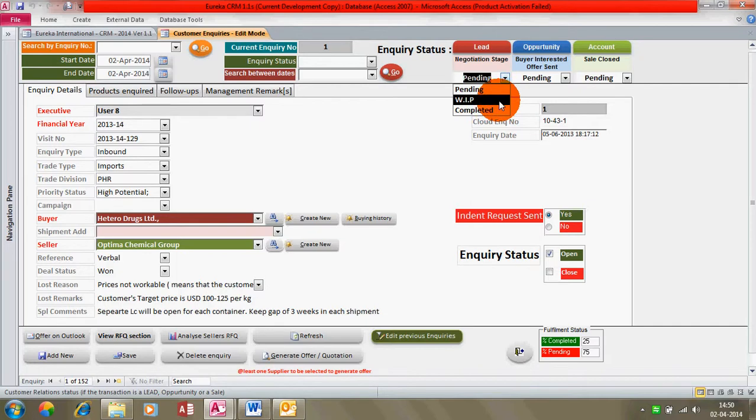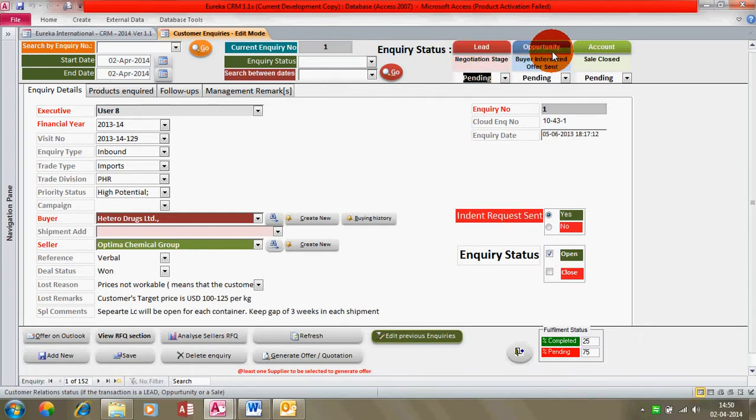WIP means the work is in process, and completed means the work at this stage has been finished. So these three statuses will be present for all the three phases. I hope you have understood what a negotiation stage is.